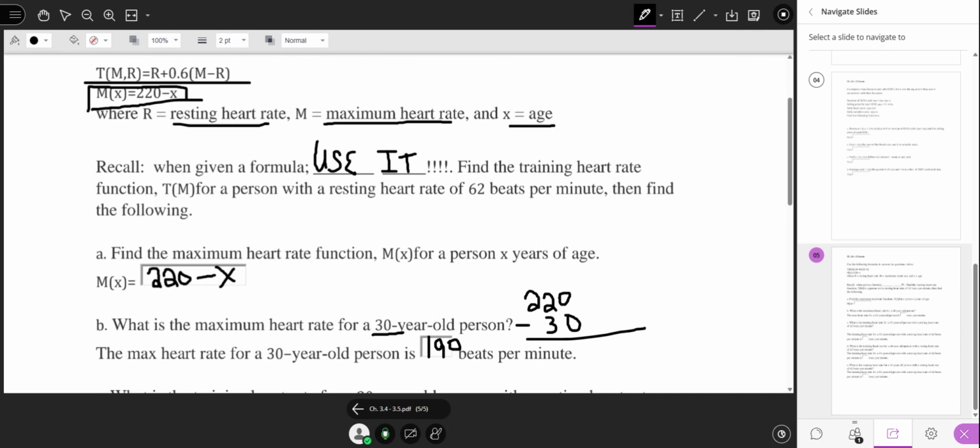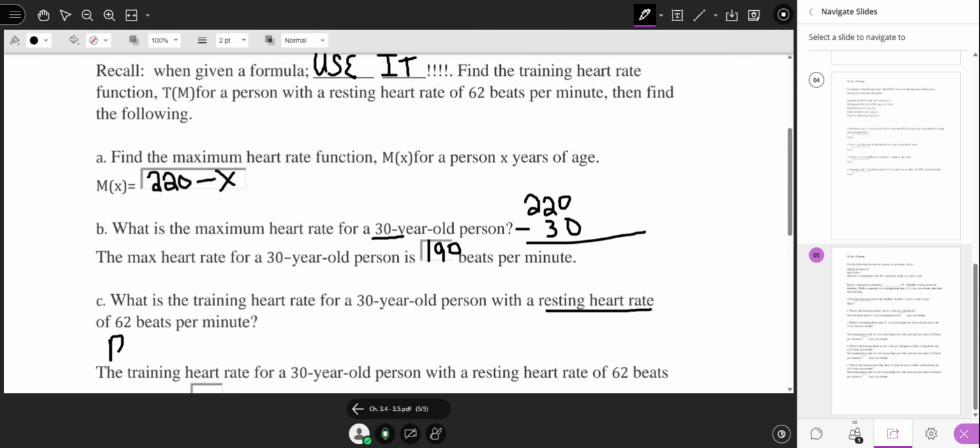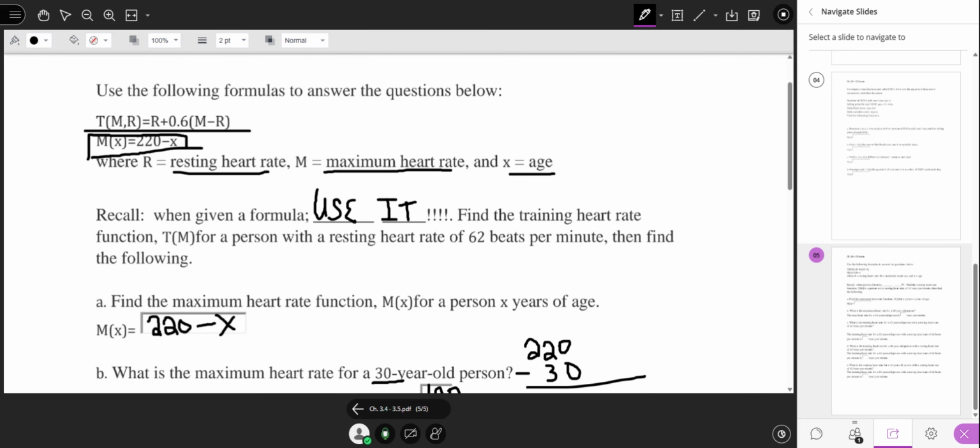Now, all you do, now it tells you R, resting heart rate, is 62, M is 190. So what you do is R is 62, M is 190. R again is